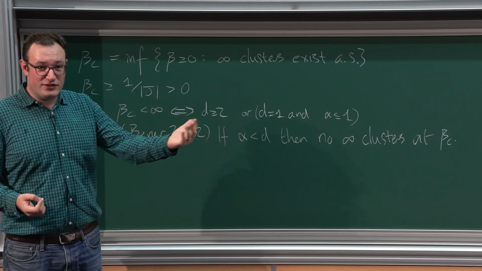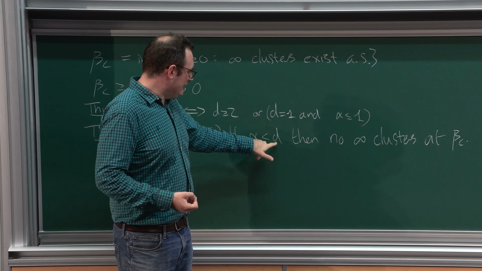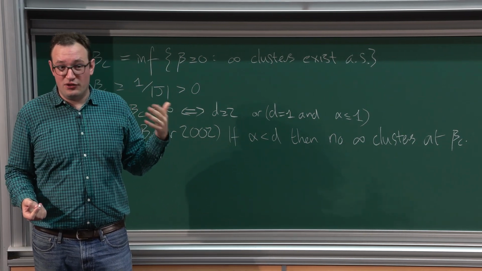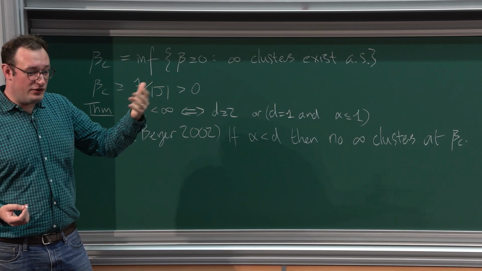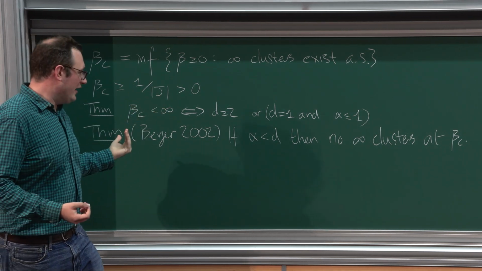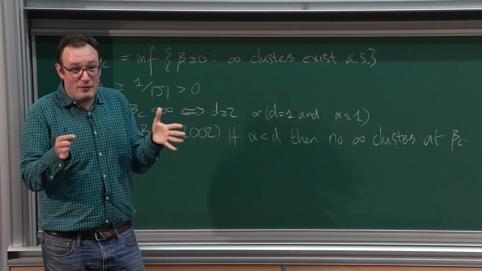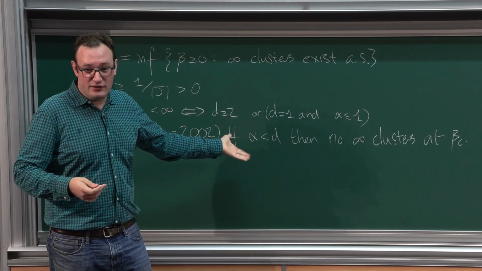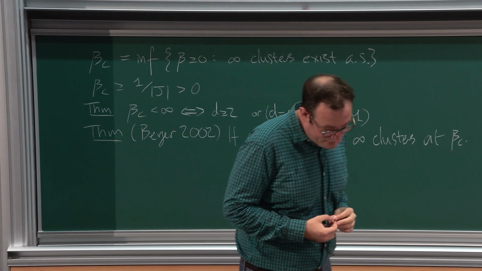Of course, as alpha gets larger, you get more and more similar to the nearest neighbor model. But I want to stress that this cutoff of d is actually quite large, particularly in dimension 3 or something, and it's well separated from, much larger than, the regime where you actually start behaving like the nearest neighbor model. So for alpha close to 3, for example, in 3 dimensions, we expect this model to already be behaving essentially exactly like the nearest neighbor model at large scales, but these proof techniques still let us prove continuity of the phase transition for it. Okay. Good.